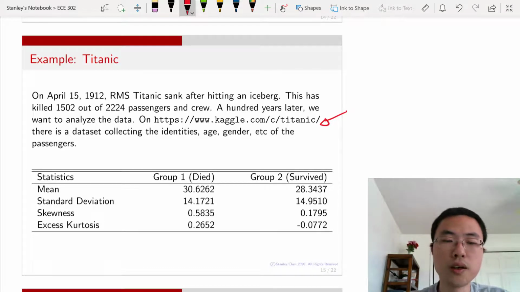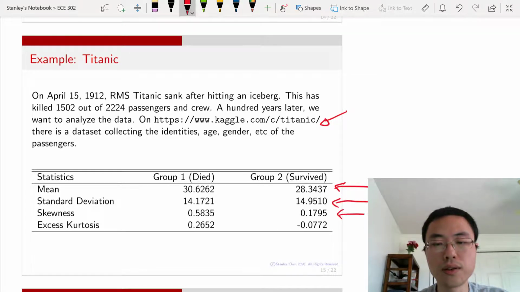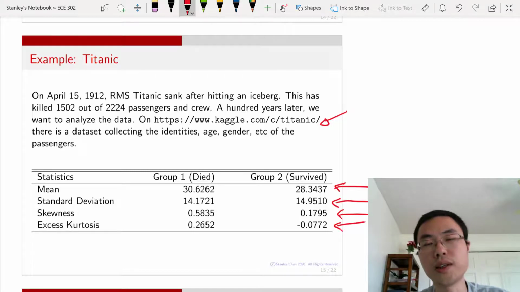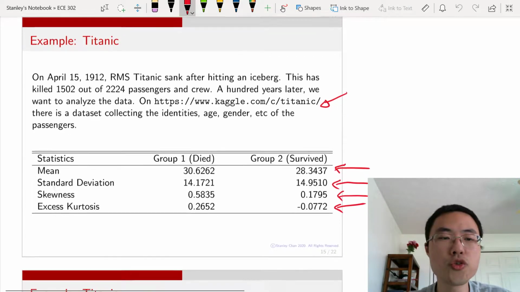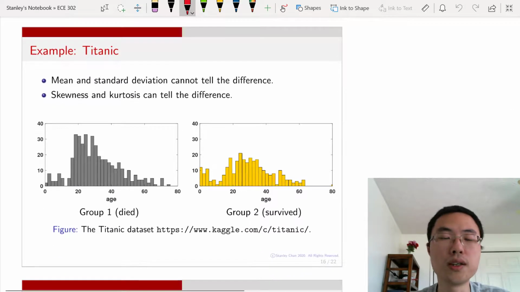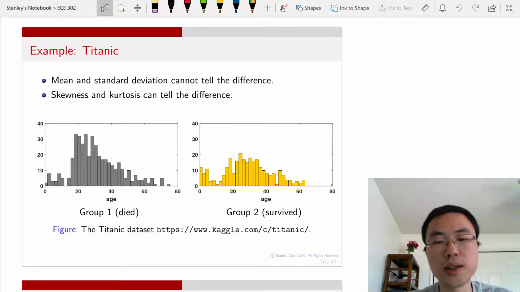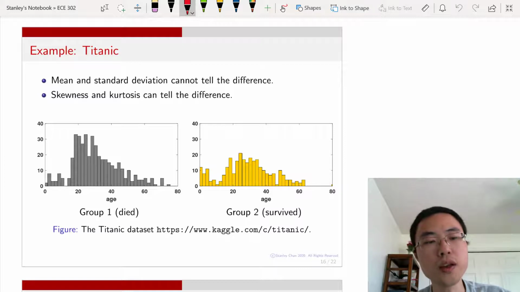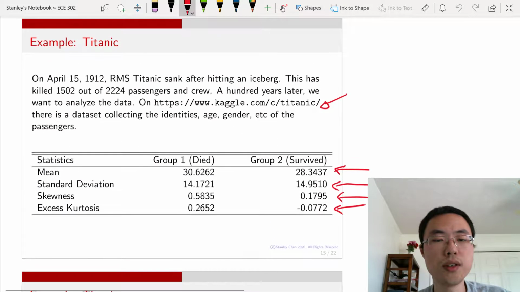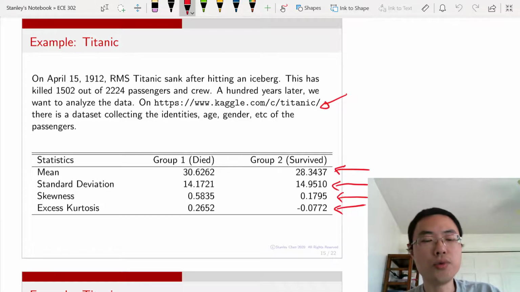You can calculate the mean, the standard deviation, the skewness, and the excess kurtosis. I took the data set and plotted the histogram. It looks like this. That's group 1 and group 2, and the x-axis is the age. Now you ask, are these two distributions different? It turns out that if you only look at the mean and the standard deviation, it is almost